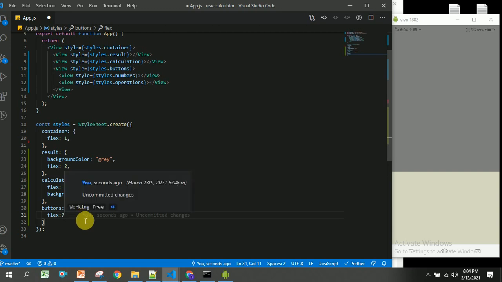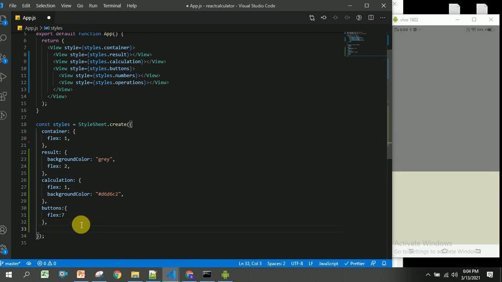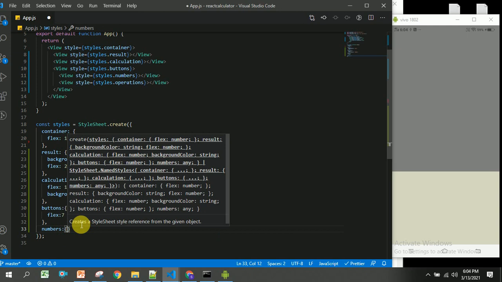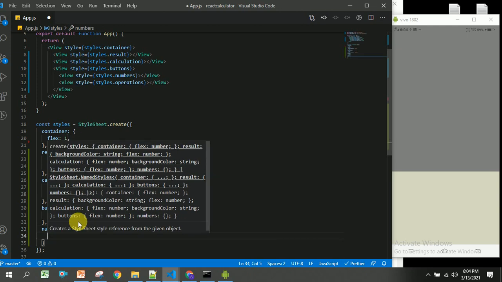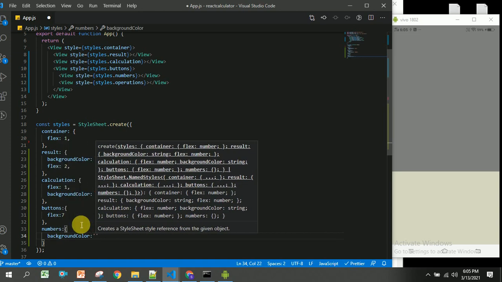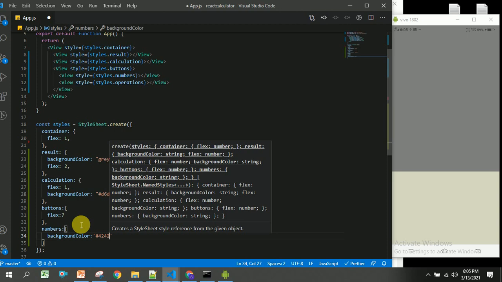And to these buttons, inside these buttons I have numbers and operations, and to these numbers I am going to give some background color as 434343.